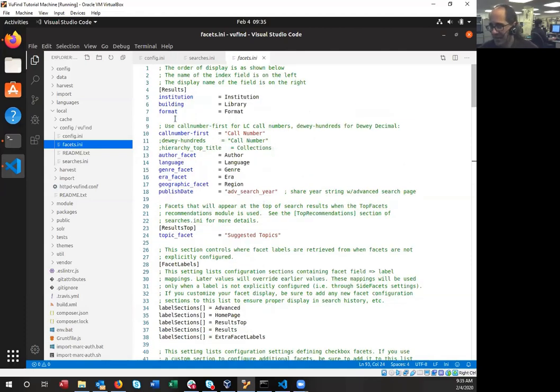So at the very top of the file, there's a section called results, and this is what controls the facets that are displayed on the side of the regular search results. And just as an aside, there's actually a recommendation module configuration in searches.ini that tells VuFind that this is where to find this. So you can theoretically store this anywhere, but by default, the results section of facets.ini is going to control